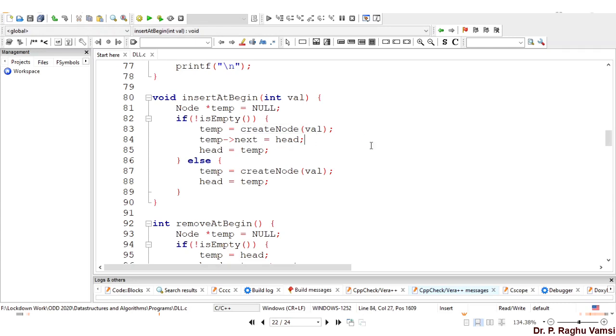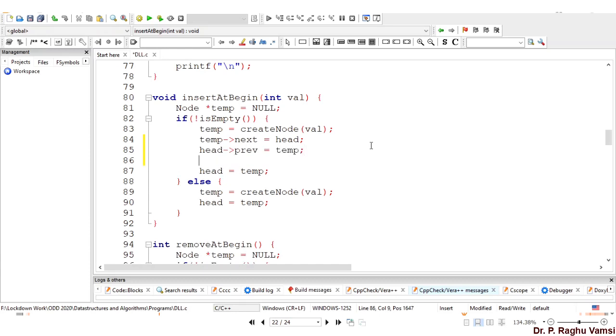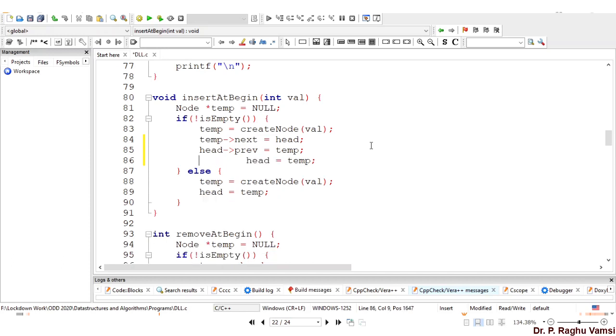It's fine. Then head previous is equal to temp, and temp previous is equal to null. Anyhow, temp previous is equal to null because we have written the same in the creation of node. Then head is equal to temp. That's all. It's over.